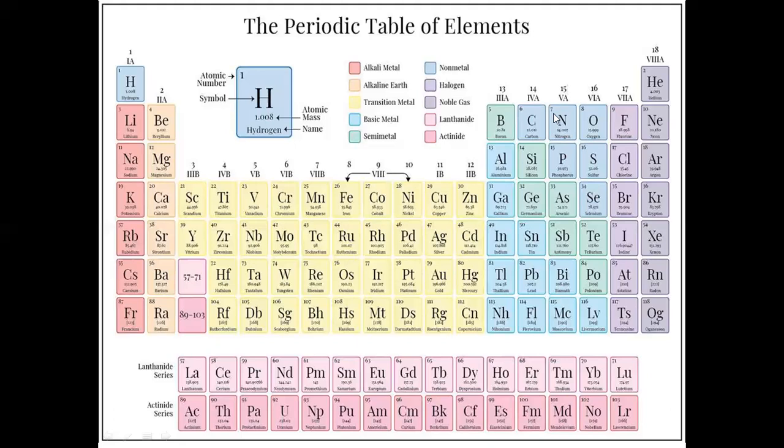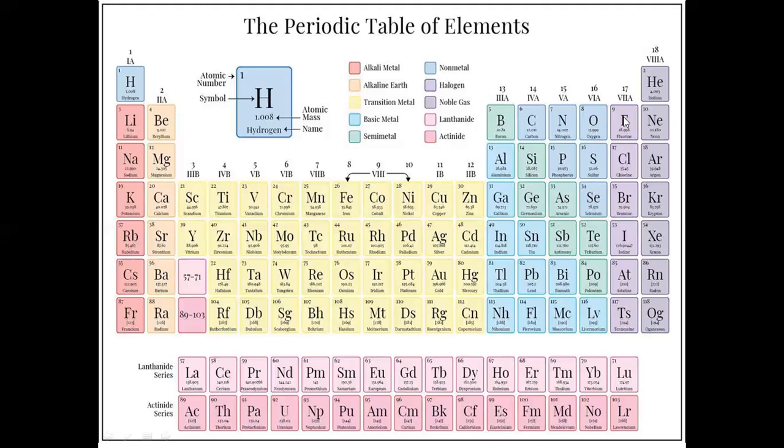There are 5 electrons in the outermost orbit. Instead of giving out 5 electrons, it will prefer to take 3 electrons. Its valency is 3. See, boron also has valency 3. Here it is ready to give 3 electrons, whereas this is ready to take 3 electrons. Valency is the same. Then here it is ready to take 2 electrons. Its valency is 2. Its valency is 1. It just needs one more electron to complete its octet.